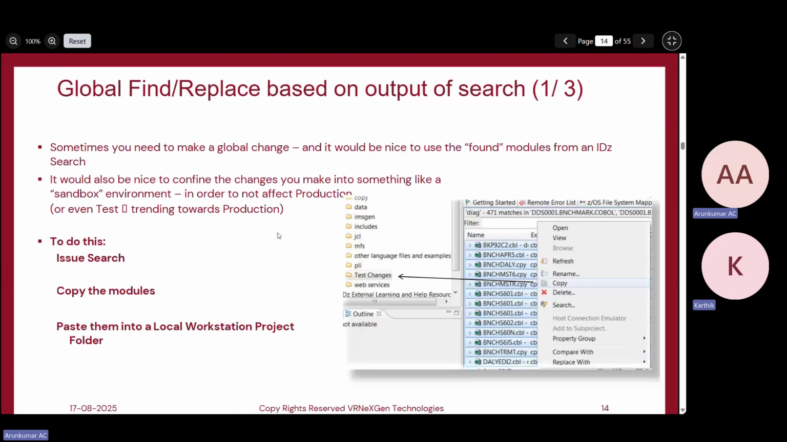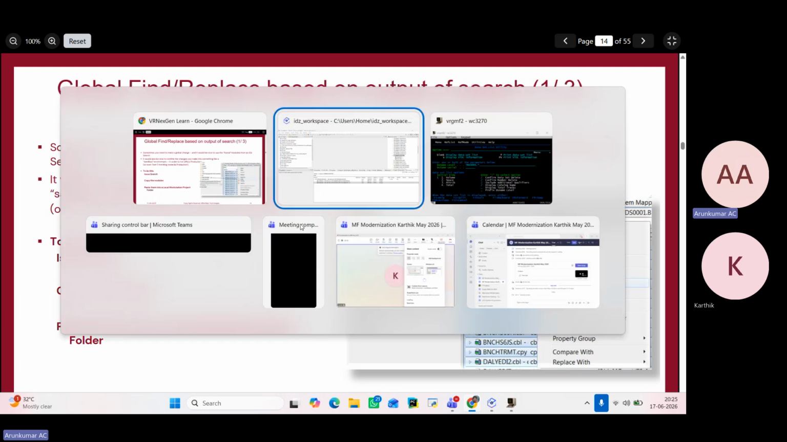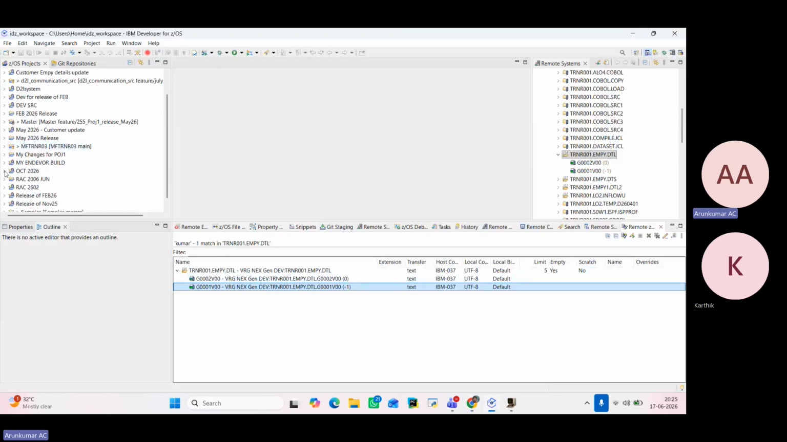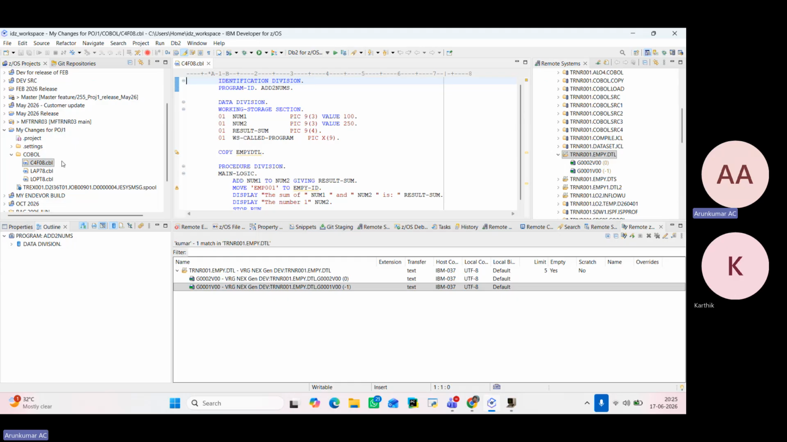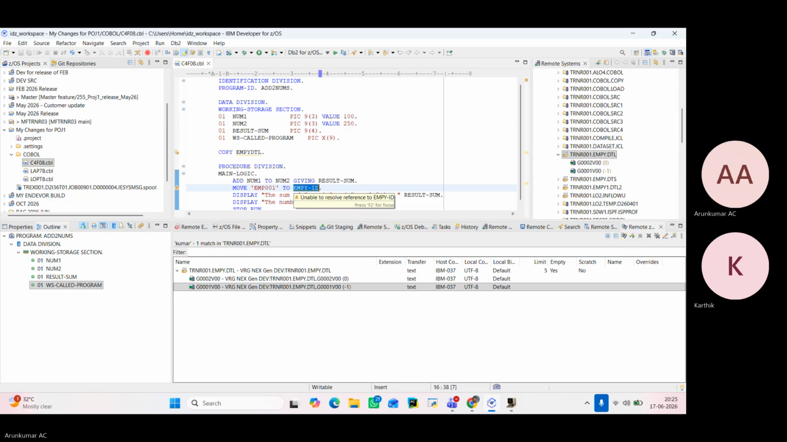Next is something like a global find and replace. See, I have built a project here. In this project, if I have some COBOL programs, and I want to change a specific field in all the programs of this COBOL project, if I have some copybook name and I want to change this copybook name into a different copybook name, or inside that copybook, if I have a field which